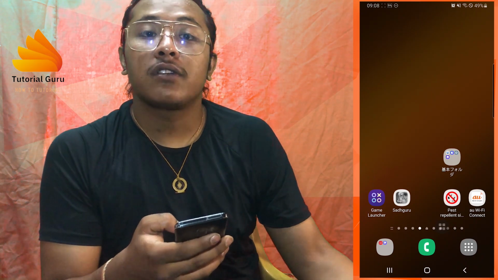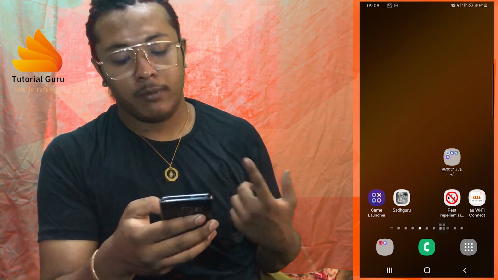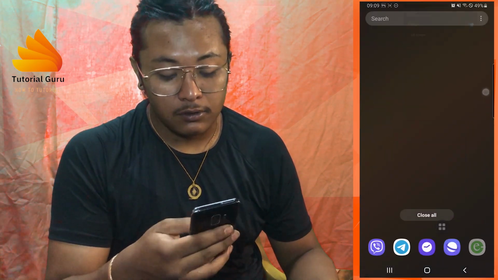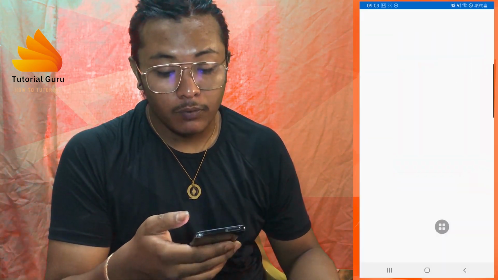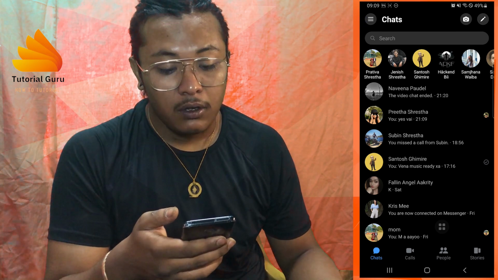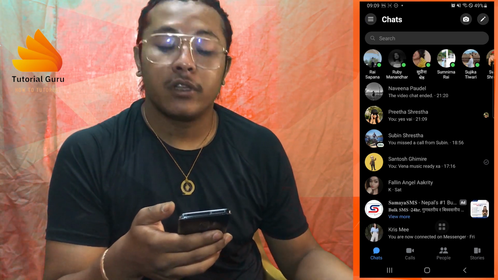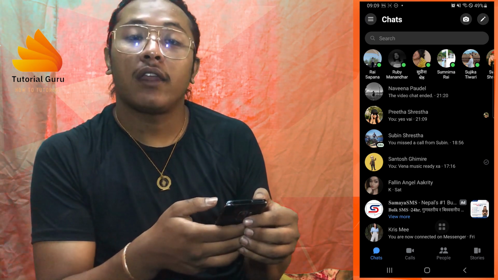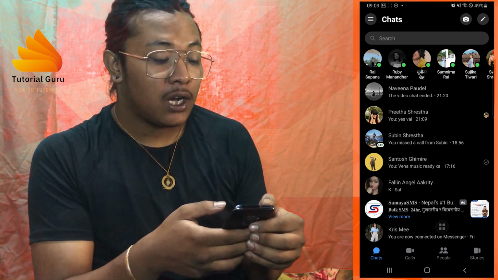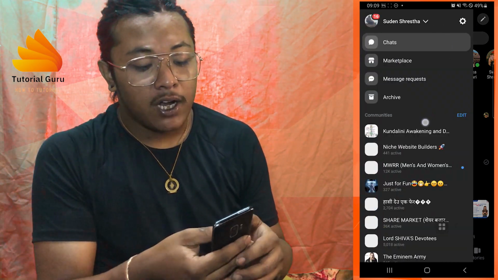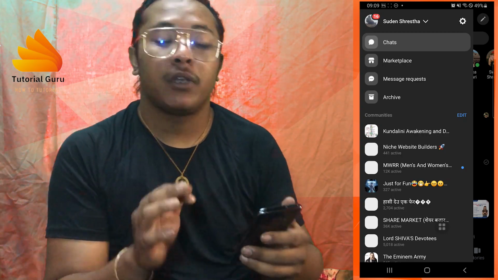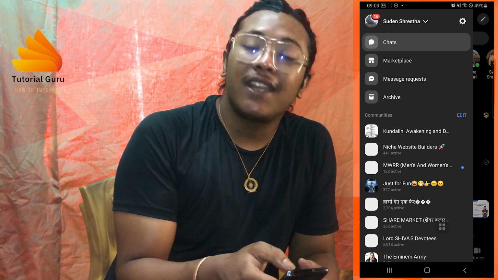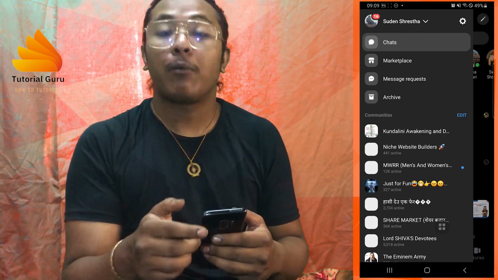Now to fix your sound problem on your Messenger app on your phone, first open the Messenger app on your phone itself. And after you have opened your Messenger app, at the top left corner of the screen, you can see the three-lined icon over there. Tap on that three-lined icon, and after this panel appears, at the top right corner of this panel, there is the settings icon available for us. Tap on that settings icon,